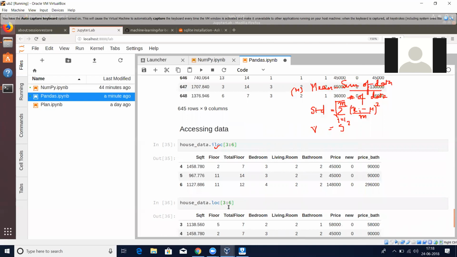So in case of loc, you can also give a name. If you have loaded Titanic data, you can give a first name, or use information which is not index values. But remember, in that case it has to be the index. So for example,